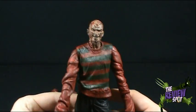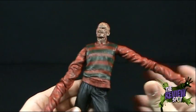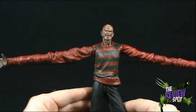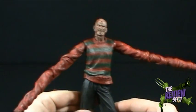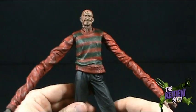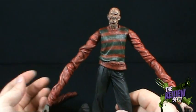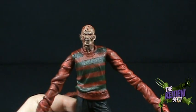Out of packaging, the figure features his very long arms. The long arms that you see during the dream sequence of Tina when she's in the alleyway, and you see Freddy Krueger walking with his extended arms. I never really thought I'd ever get a chance to see a Freddy Krueger figure with the longer arms, and it's very cool that NECA would go as far as to give us a figure that has that. Very, very cool. If I zoom in,